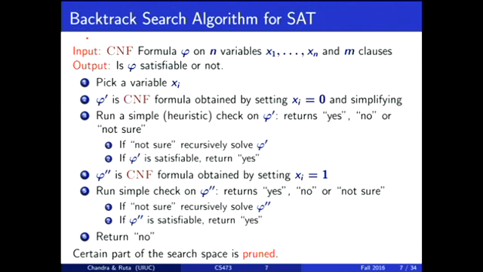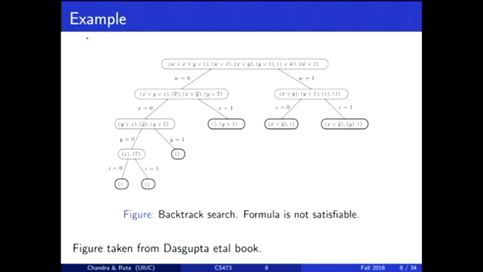Here is a figure for how it works, as an example. Suppose you have this SAT formula and you want to check whether it is satisfiable or not. What does trying all possible assignments mean? You can do something very dumb, like saying here is one assignment, I'll check if it is satisfiable, and then here is another assignment, I'll check if the formula is satisfiable. That's a very linear sized guessing of assignments one by one, but we can generate these assignments a little bit more cleverly